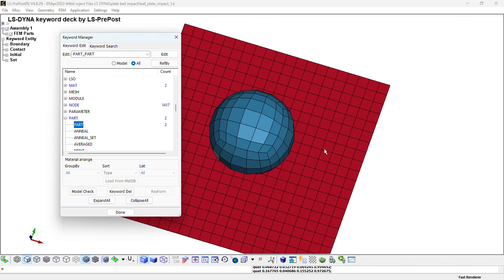So now we have defined the part properties for both bodies. After that, we need to define the analysis output setting, and this controls the results in LS Dyna. It actually arranges what LS Dyna will write to the disk, and we will cover this in the next lecture. So